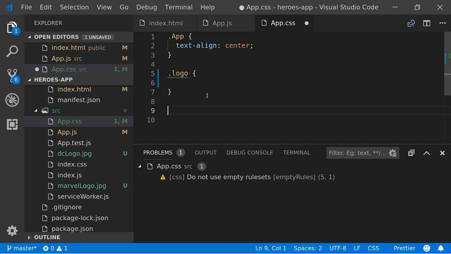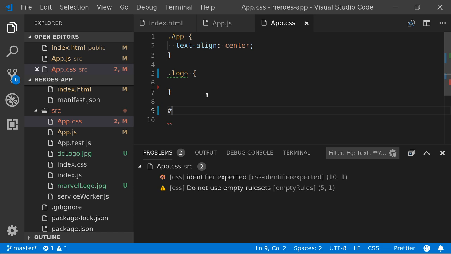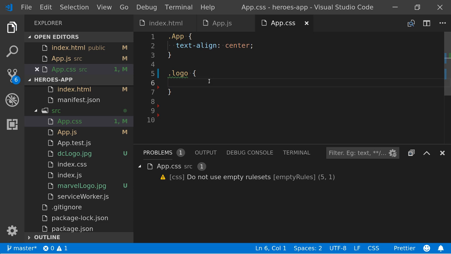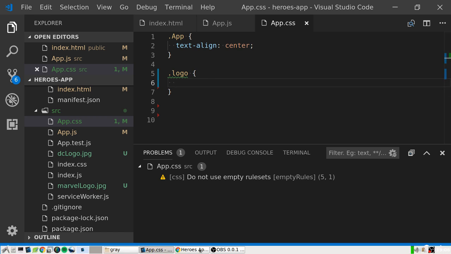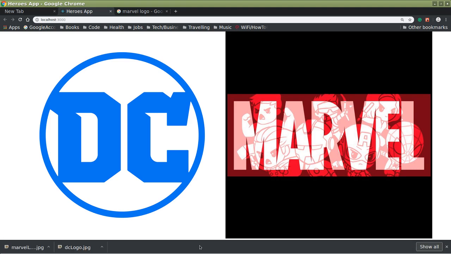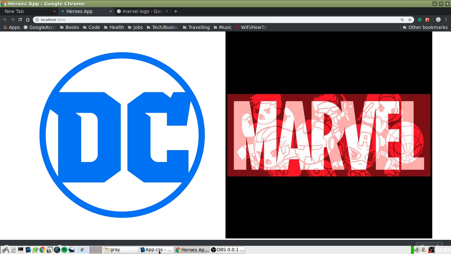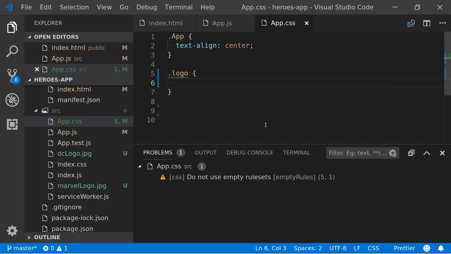What's the symbol for an ID? Anyone? Hash, yeah. So if we had an ID equals logo instead, it would be hash logo. In JSX, if you do ID, it's not ID name, because ID is not reserved in JavaScript, so it's just ID. Good question, though.